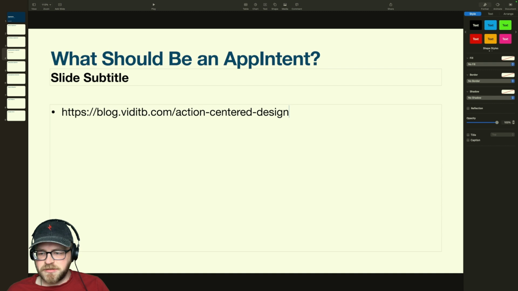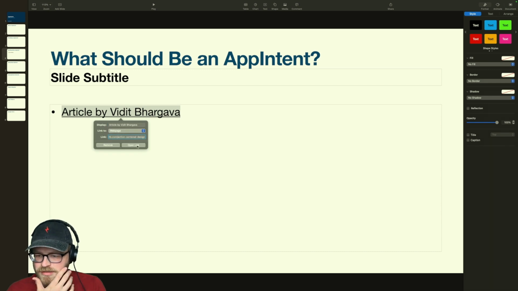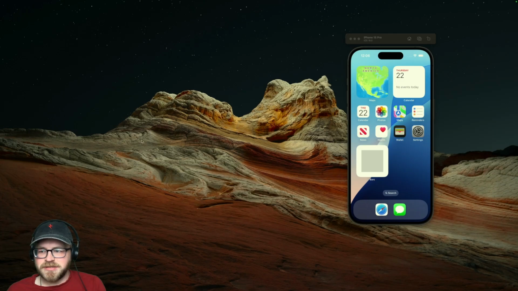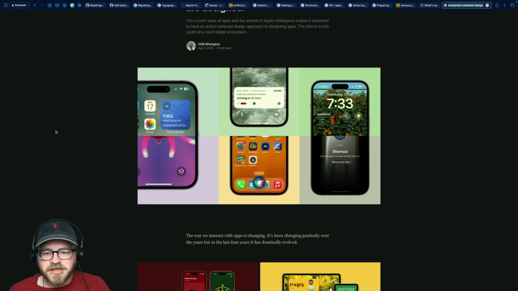I'm just going to link to this whole thing. There we go. Nope, this is not how links work in Safari. Okay, there we go. Is that how you spell his name? B-H-A-R-G-A-V-A. Hey, I got it right.